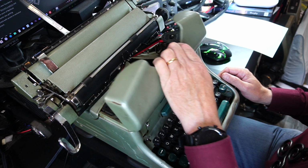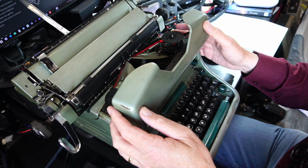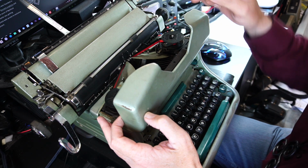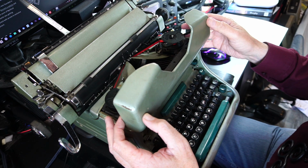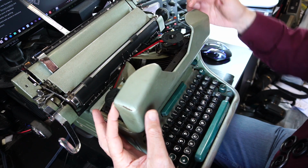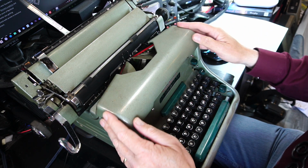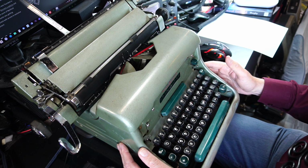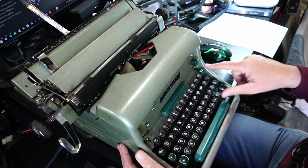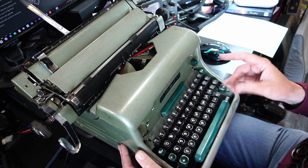Now I probably will put the, Americans call it lacquer thinner. We have cellulose thinner. I probably will flush it with cellulose thinner because there is some grime still in there. I cleaned the type slugs, which were quite dirty. I used an old toothbrush and some alcohol for that. I went over the keys twice with sort of like an antibacterial cloth, and then gave them a wipe with